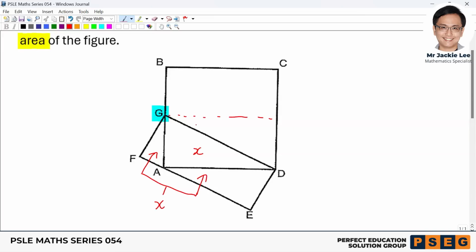Then isn't that this one, the diagonal of this rectangle will actually bisect into two equal halves, x and x. Because this is the midpoint, we expect that if this is x and x, then the upstairs one should be 2x, am I right? Okay. So first of all, we calculate for the x first,